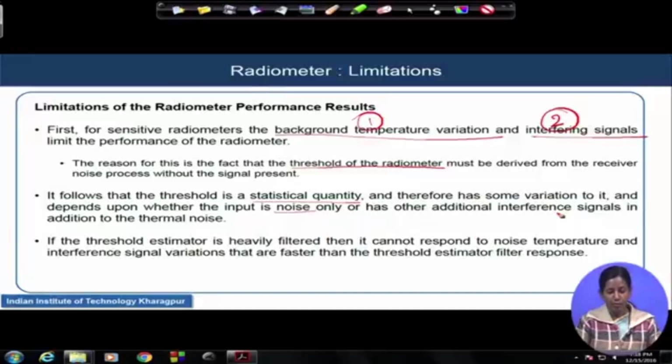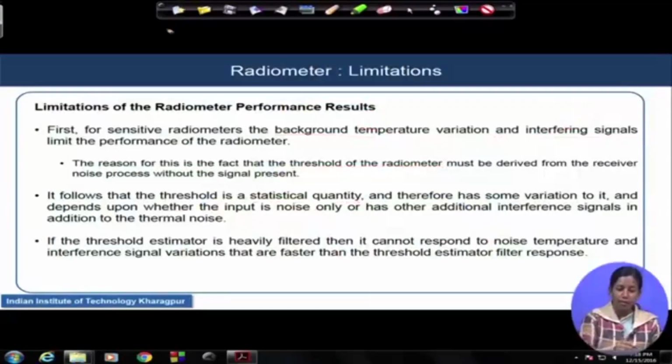And I can stabilize that value of TH by heavily filtering the threshold estimator. But if I do heavy filtration, it cannot respond to the noise temperature variation. So, otherwise the detection probability and the detection output will again fall. This is one point. Second point is,